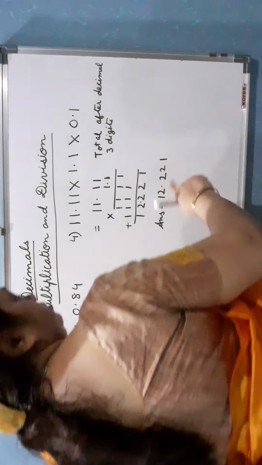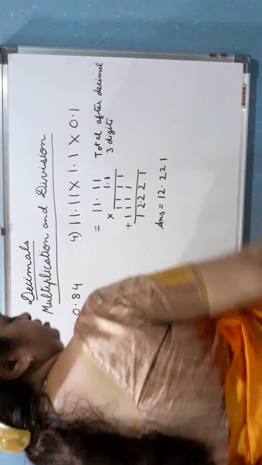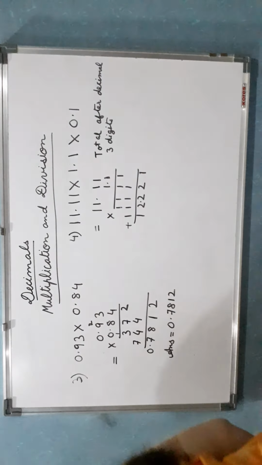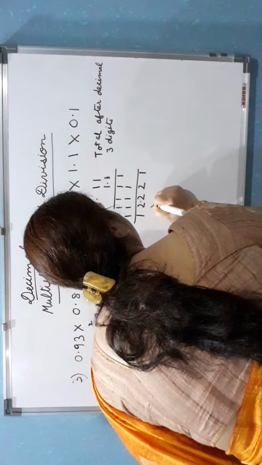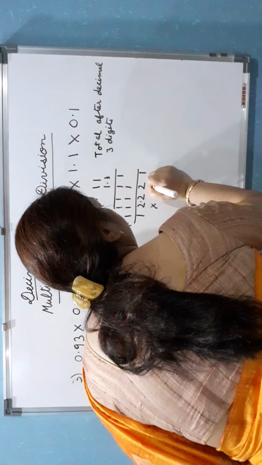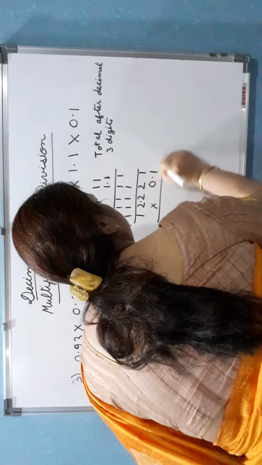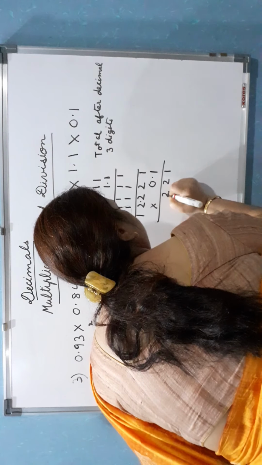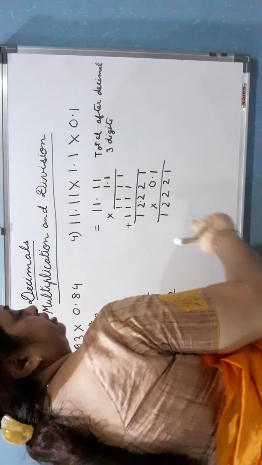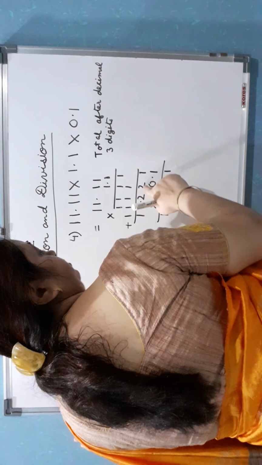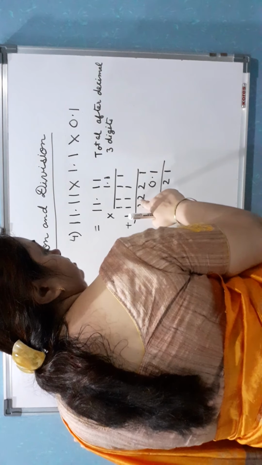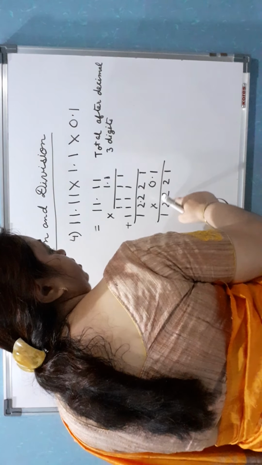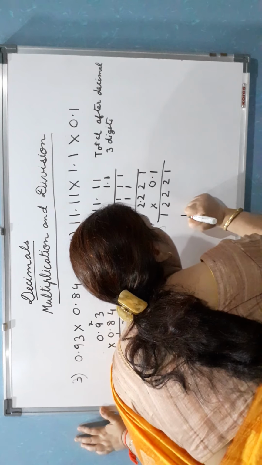Now, oh sorry, again you have to multiply with this number 0.1. So you have to continue with this. Again 0.1 is here. So 1 1 is 1, 2 1 is 2, again 2 2 1. Now where will be your point? Here after decimal are 3 digits. Decimal के बाद 3 नंबर, यहाँ पे decimal के बाद एक तो 4, तो 1 2 3 4. So आपका आंसर ये होगा.